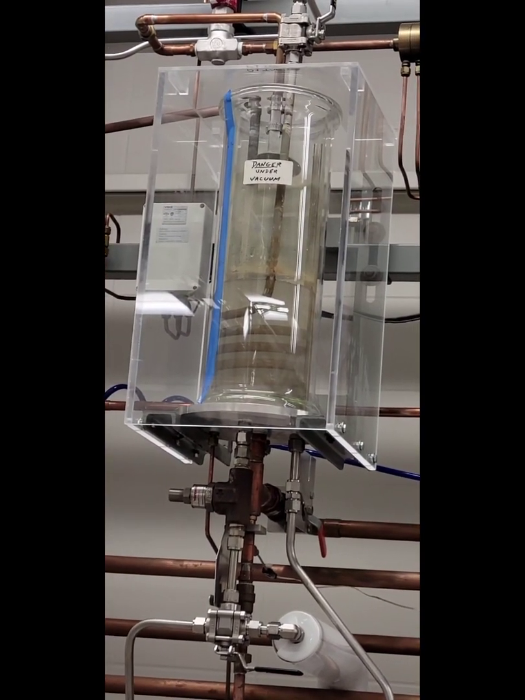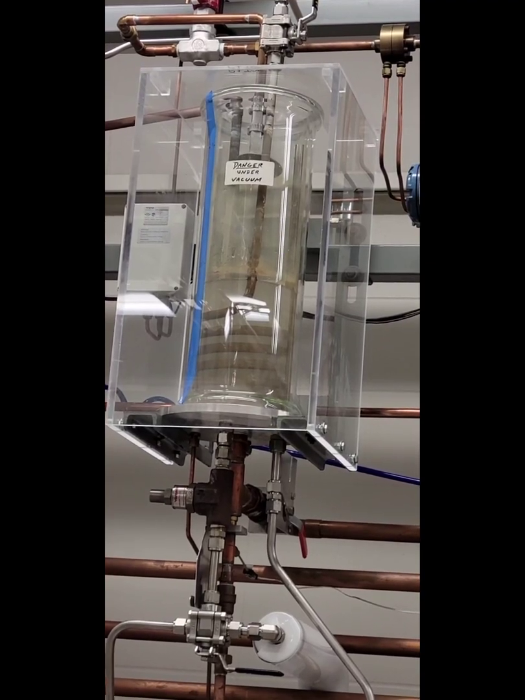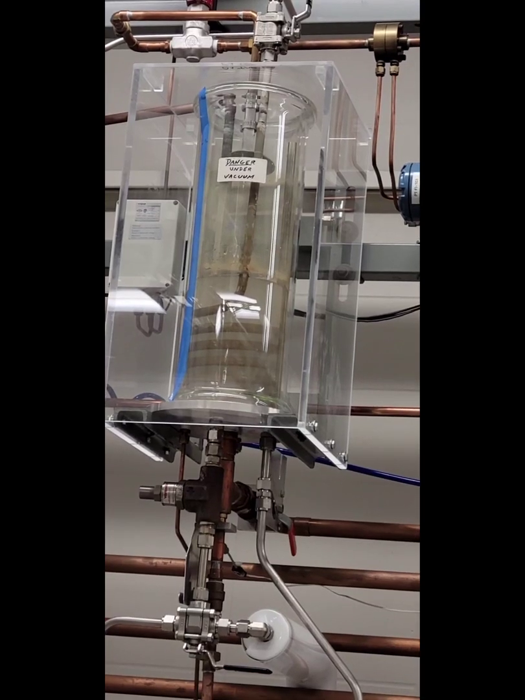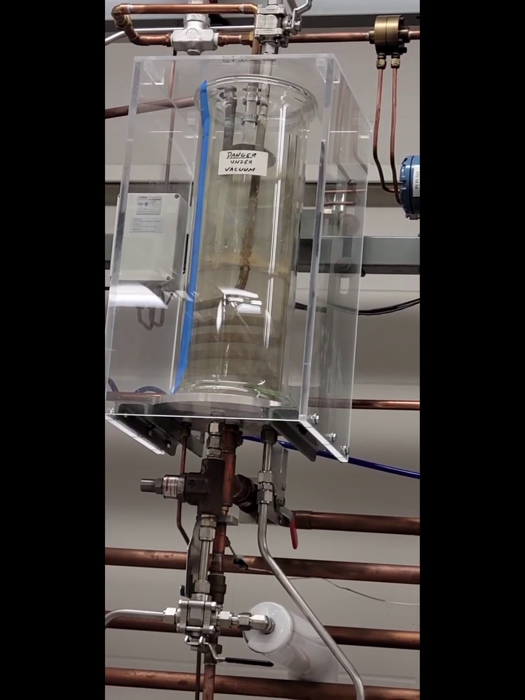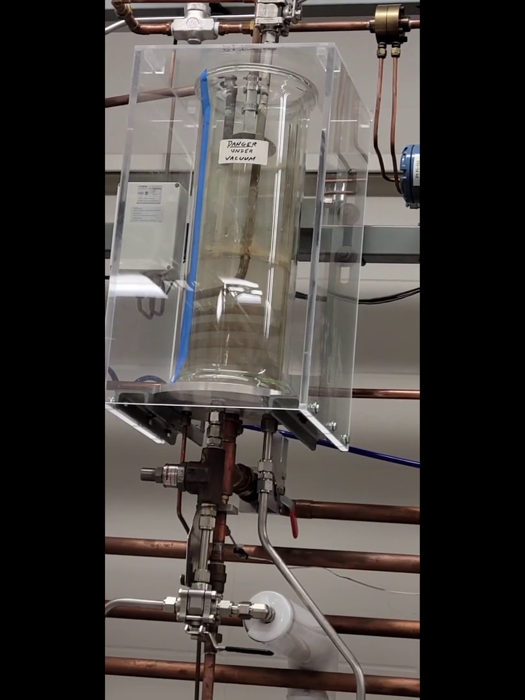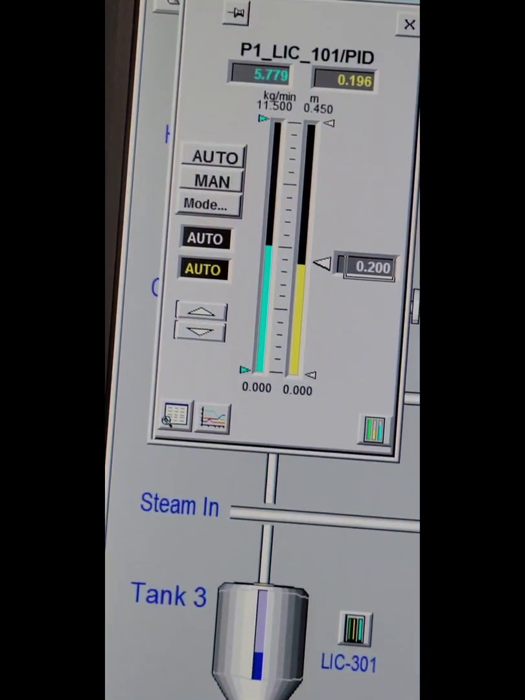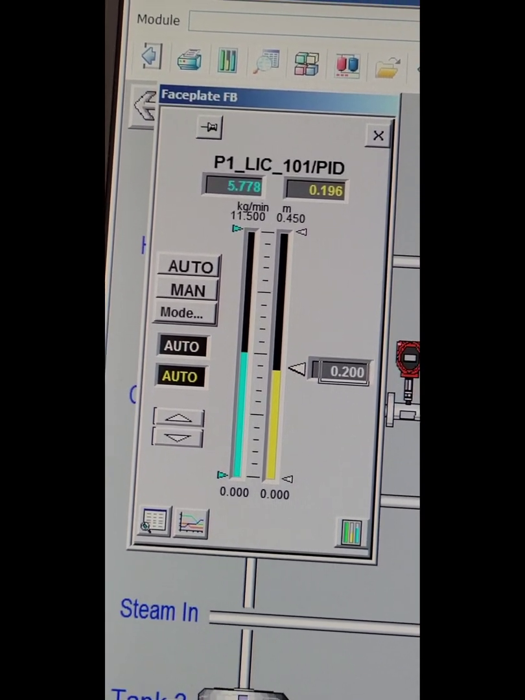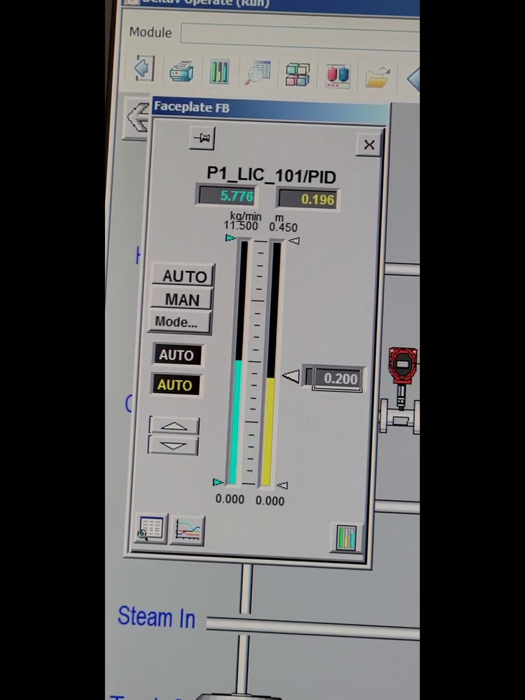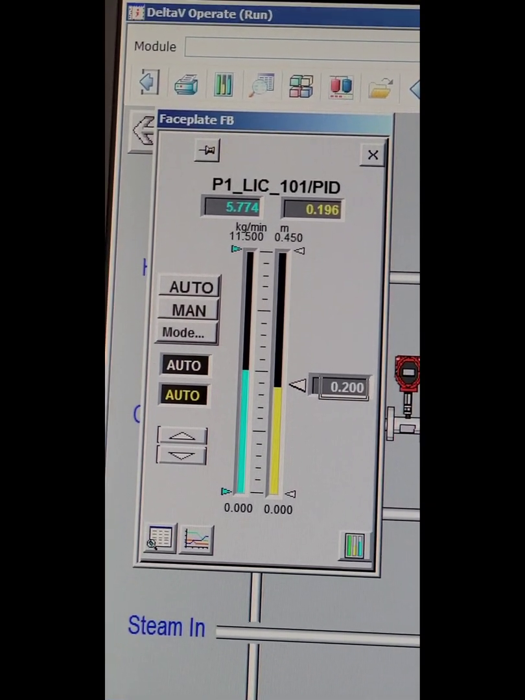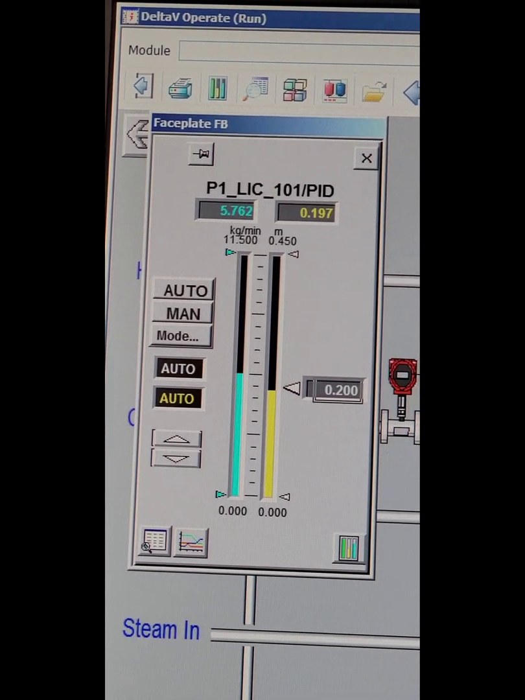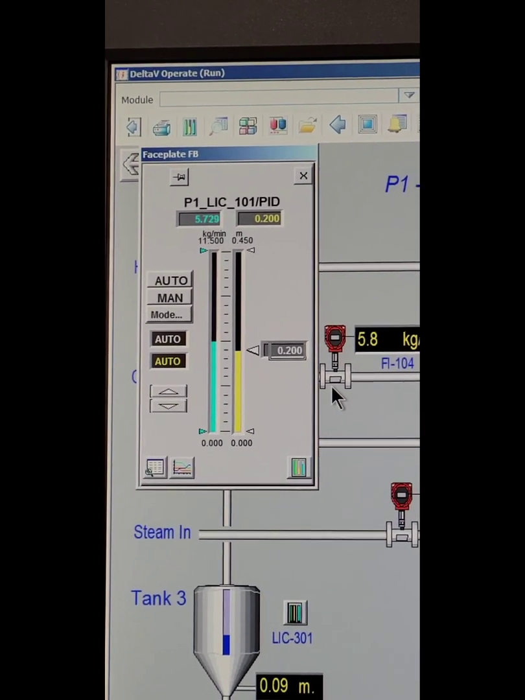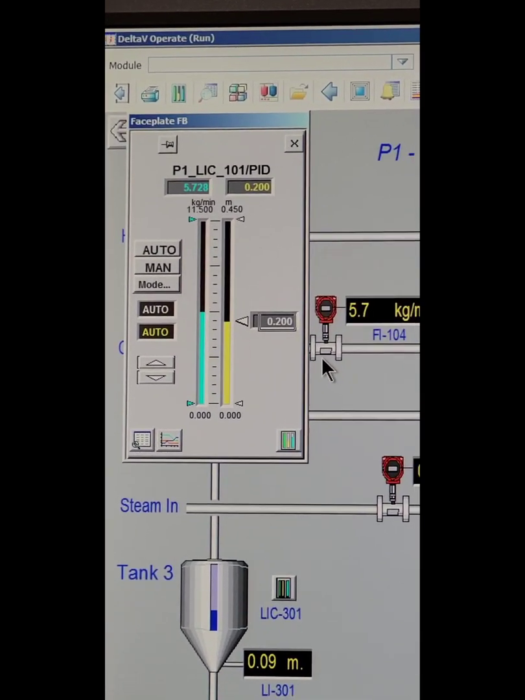So now, as we see, the controller is trying to open the control valve and increase the flow rate of water such that the level of the water in the tank reaches the steady state. And as we see here, the output of this controller, which is the level in the tank, is 0.196, and it is trying to reach the set point, which is 0.2. So once the level of water in the tank reaches the set point 0.2, now we can start the step